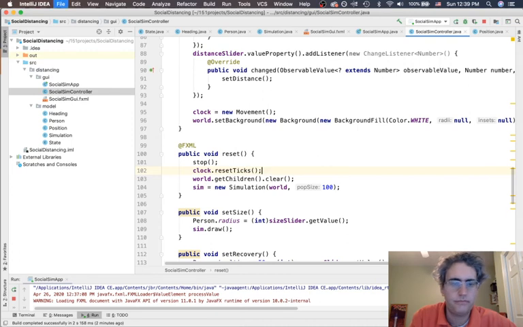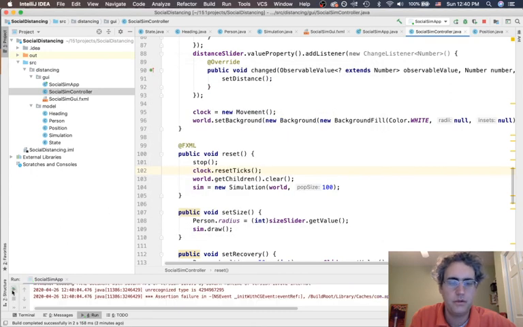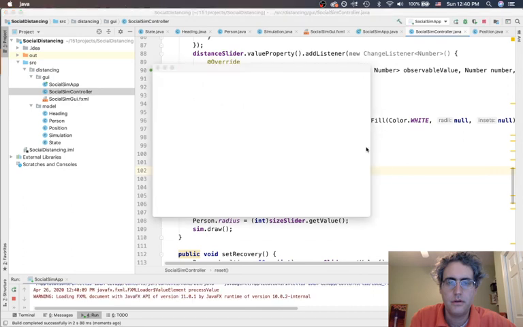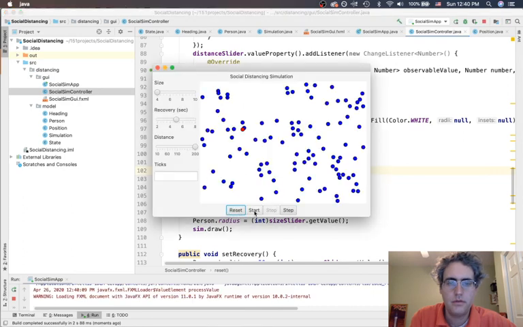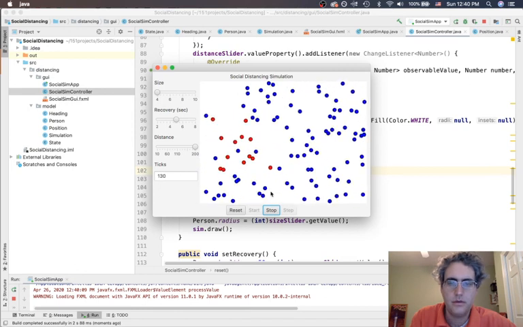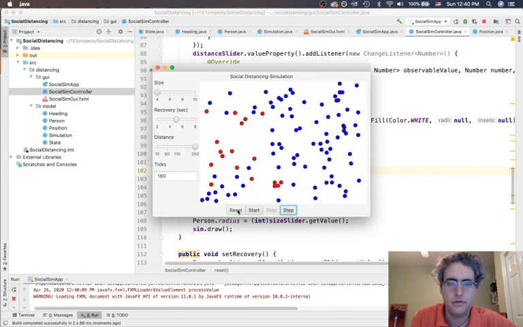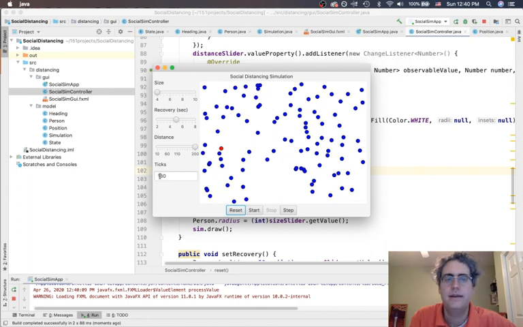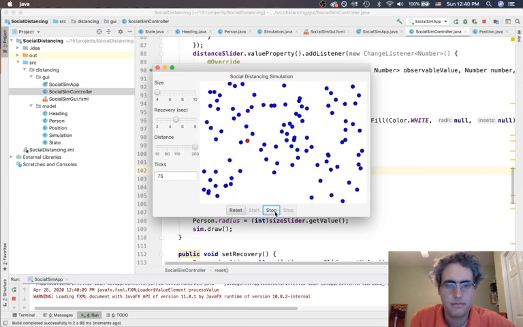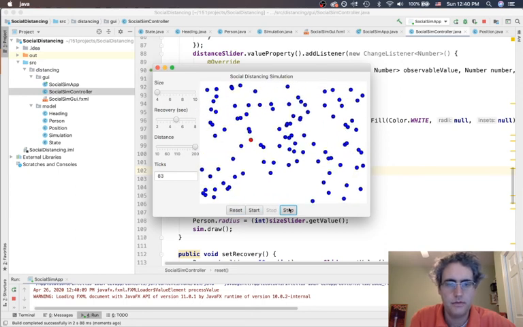Okay, let's see what happens here. Probably a few things to fix, but getting much closer. Reset and start. Oh, I can see those ticks. If we stop it and reset it, see, I thought so. I was hoping that the ticks would turn back to 0, but they did not. As soon as I hit start, it goes. If we step,